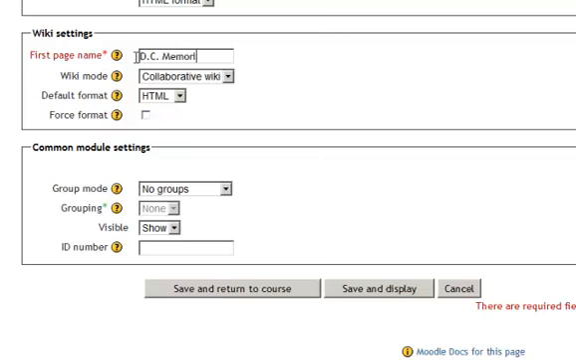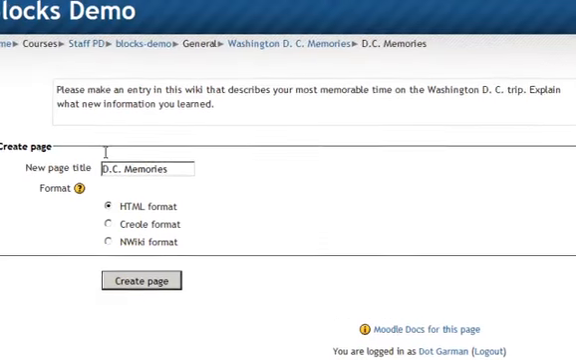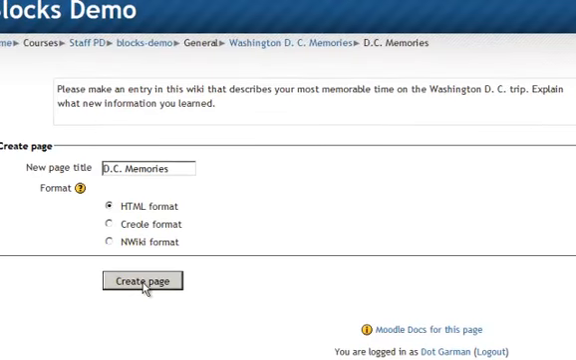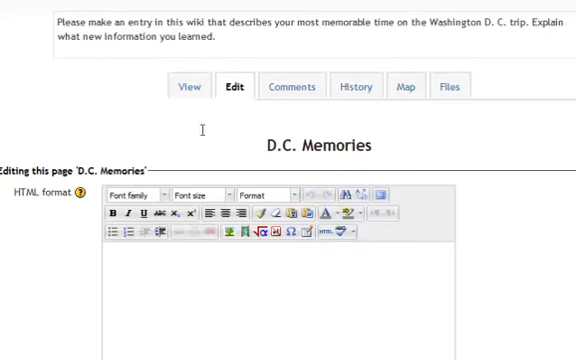DC Memories. The wiki mode, it is a collaborative wiki, but you have an option to make it individual, so each student could have their own. I'll leave the HTML format and we'll save and display. And as the teacher, the first time you come to the screen, you will have to create the page. And then I can either make an entry,